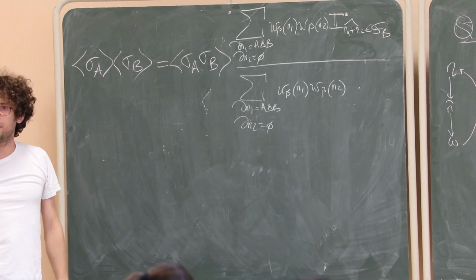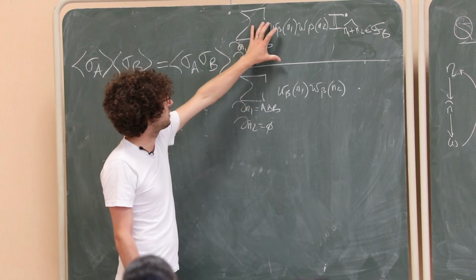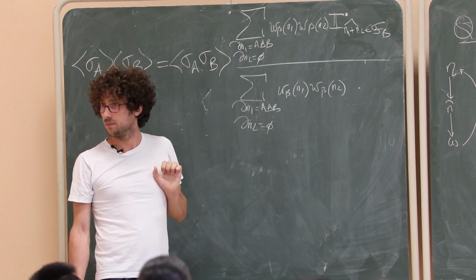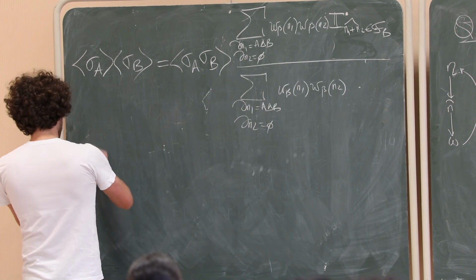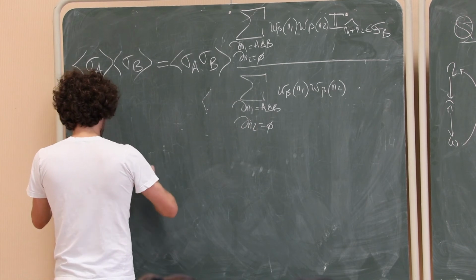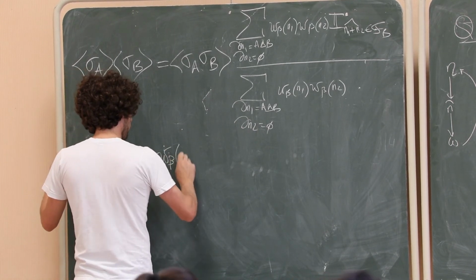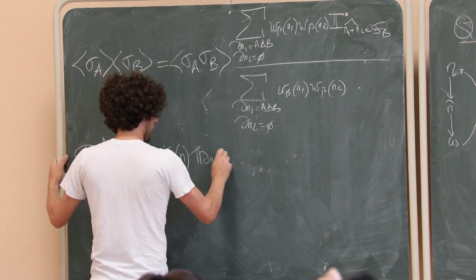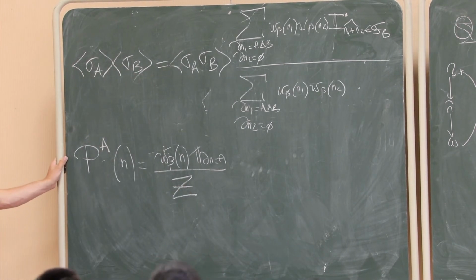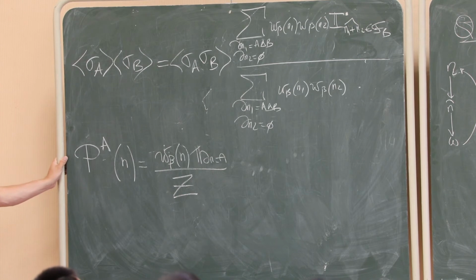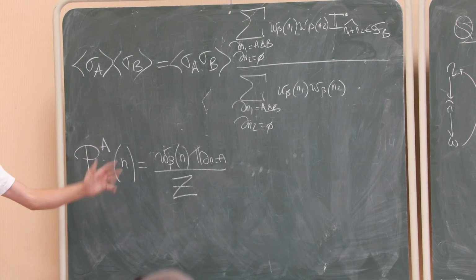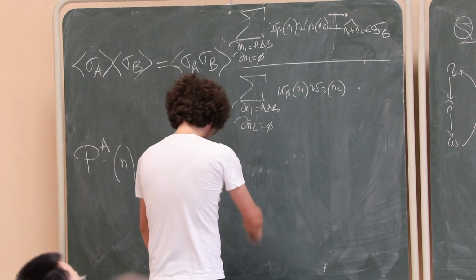What is much better now than before is that the object I'm summing on at the top is the same as the object I'm summing on at the bottom. So if you define, say, P_A of n to be just W_beta of n times the indicator function that n has sources A, divided by a renormalization constant, then if you imagine that you sample at random a current with sources A, how can I rewrite this whole thing here?